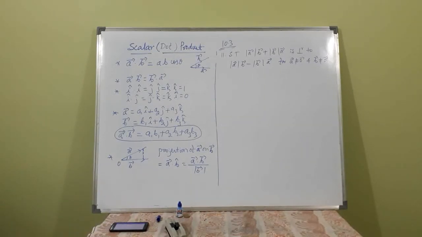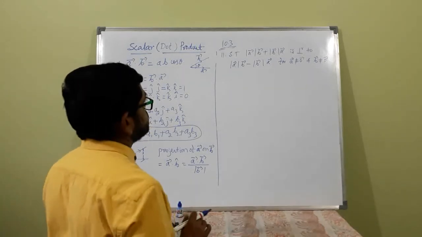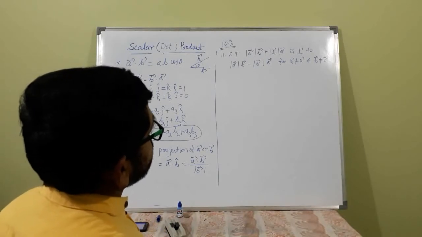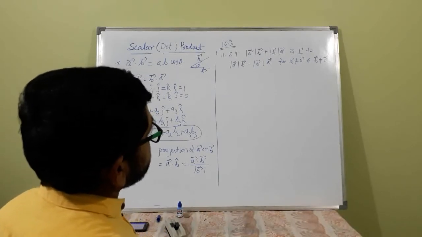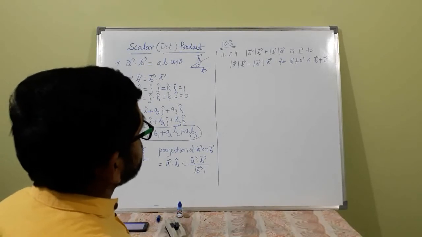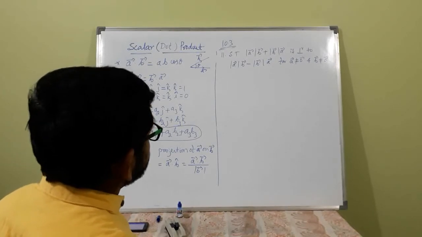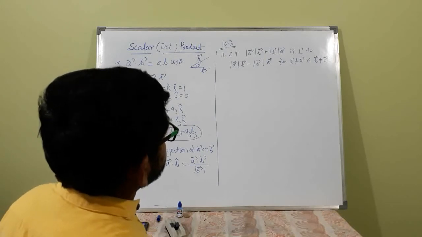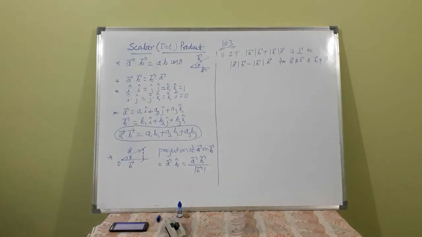11th question is, show that modulus of A into vector B plus modulus of B into vector A is perpendicular to magnitude of A into vector B minus magnitude of B into vector A, for A and B non-zero vectors. Okay,